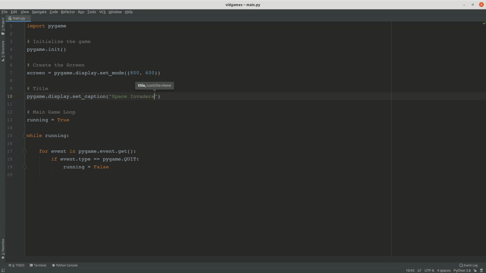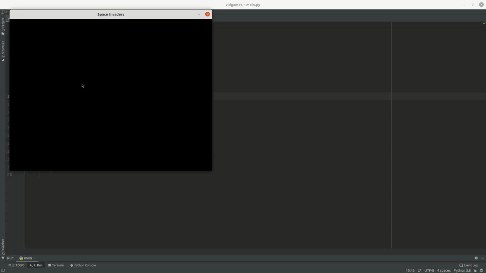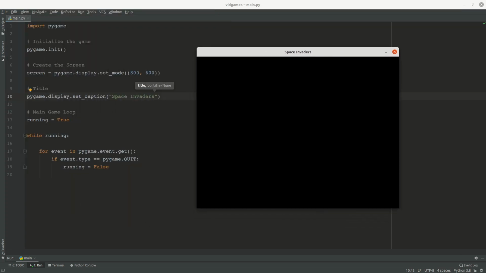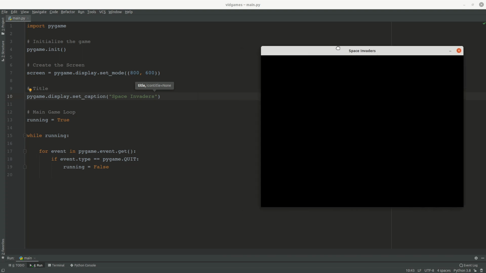This one is really nice. If I press Shift F10, as you can see, it says Space Invaders now. That's brilliant. So now we want to set the screen color. Actually we'll just be keeping it black, but I just want to give you an idea of what you can do. So